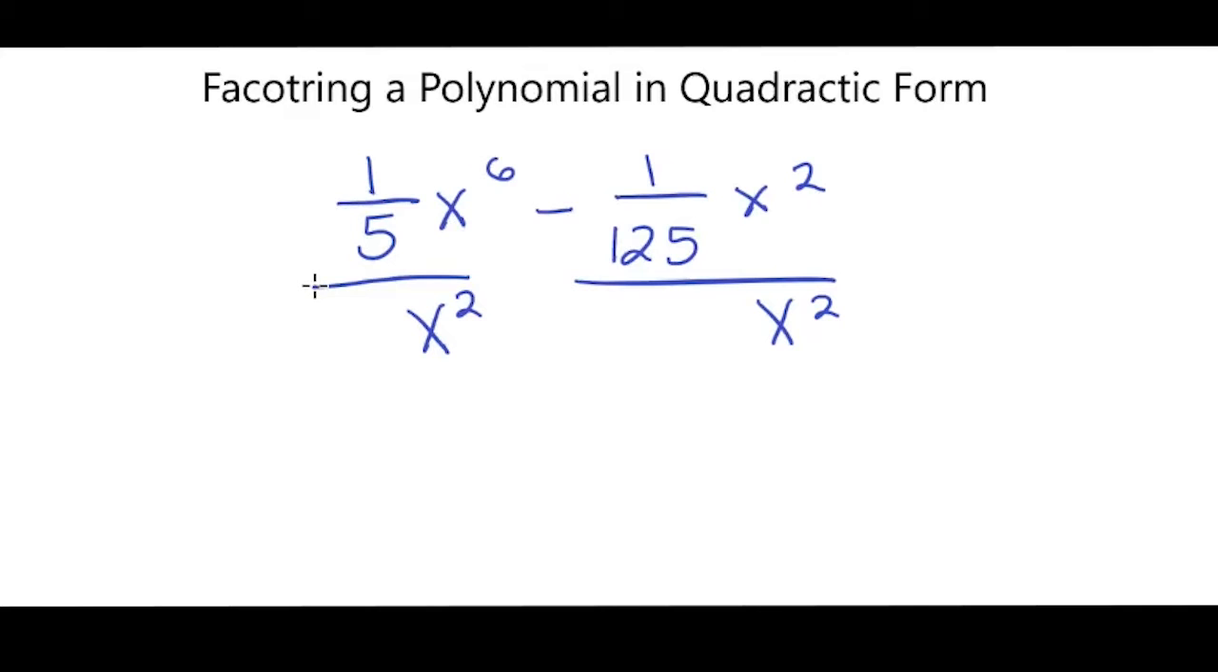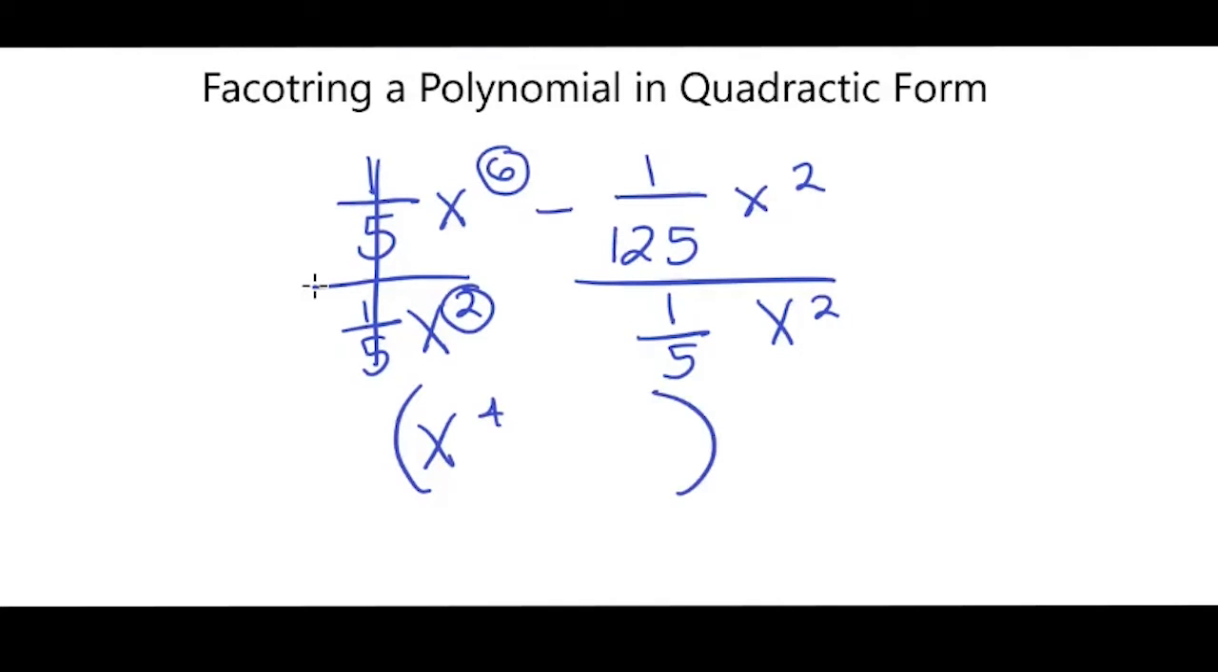And I noticed that I have a 125 here, and I can divide that by 5. So that means I can divide both of these terms by 1/5. So what that does is it cancels out this 1/5. And then I also noticed that I have a 6 and a 2. So when you're dealing with division of exponents, you always subtract the exponents. So this will be x to the 4th. And remember, this is going to go inside of a parenthesis, and on the outside would be that 1/5 x squared. Now, these x squareds cancel out, and I am going to be left with x to the 4th minus